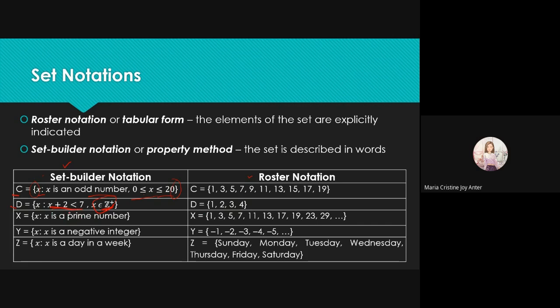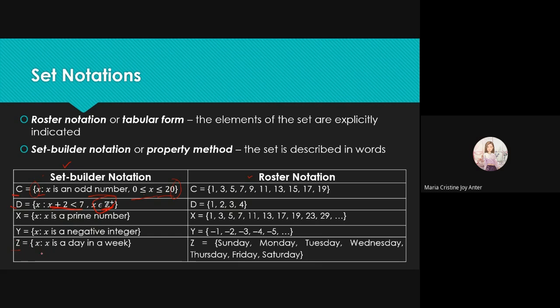Then 4 plus 2 is 6, which also makes the statement true. Okay? And so on and so forth. So we can also have here, pwede nga dili lang numbers ha, pwede gani nga words or colors or letters or whatever. Basta kay defined siya. For example, kini set Z is